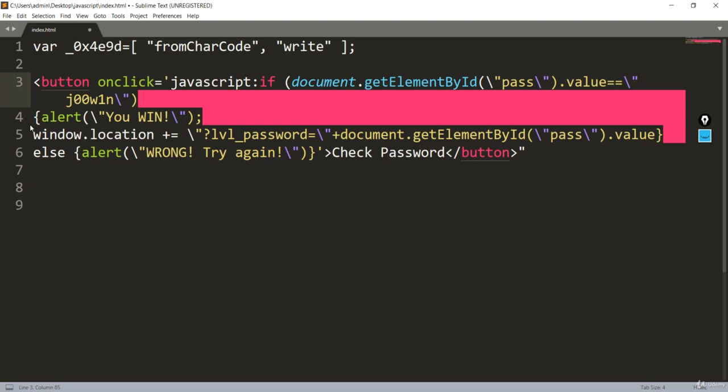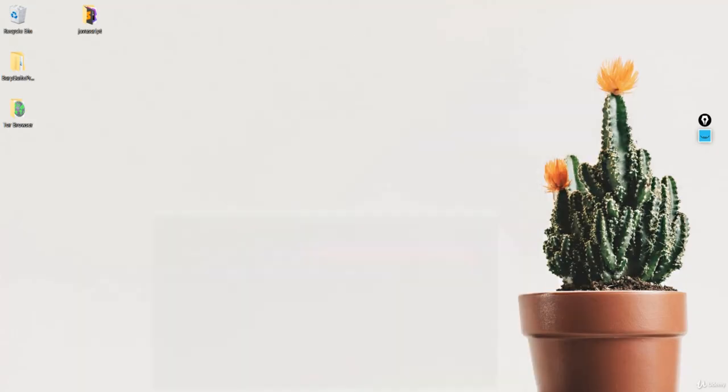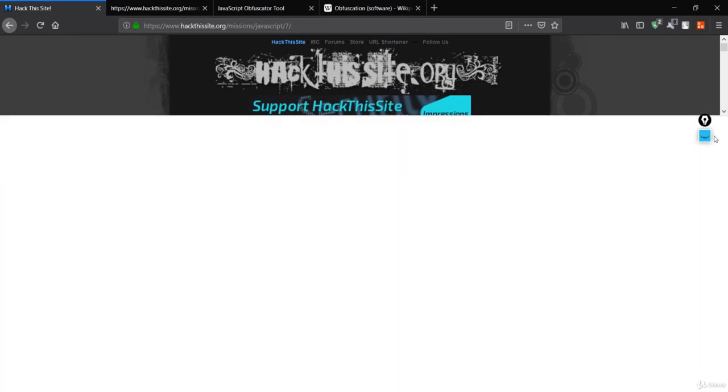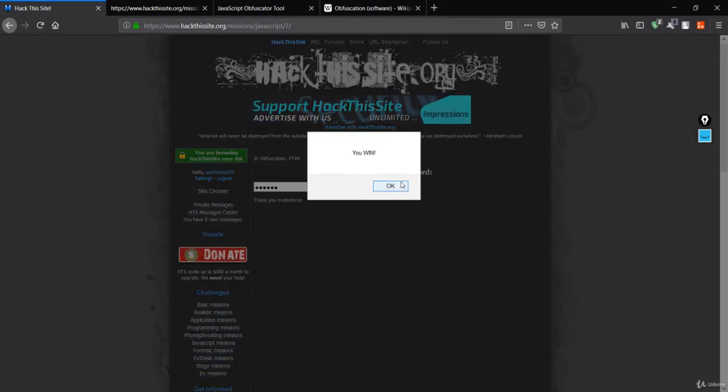So we have the clean code right here. In order to win, the value should be this. Let me copy this. If the password is this, we'll get an alert of win; otherwise it will say wrong. Let's go back to our Mozilla, click hack this site, and this should be our password. Let me paste this down, check password, and it is saying you win.